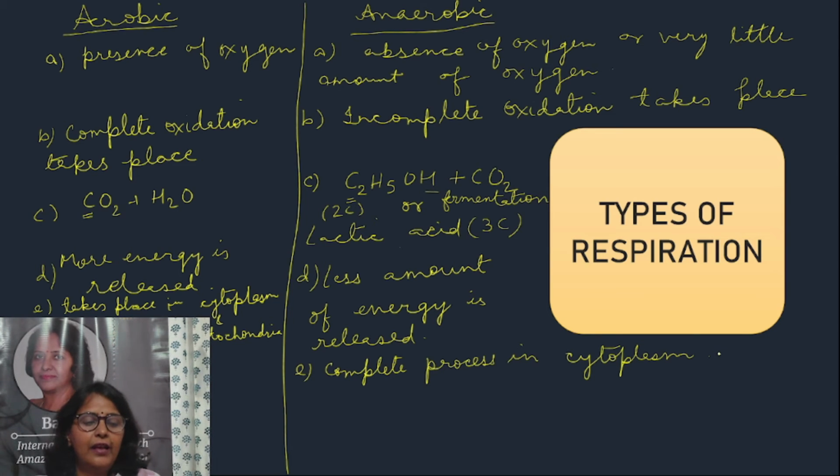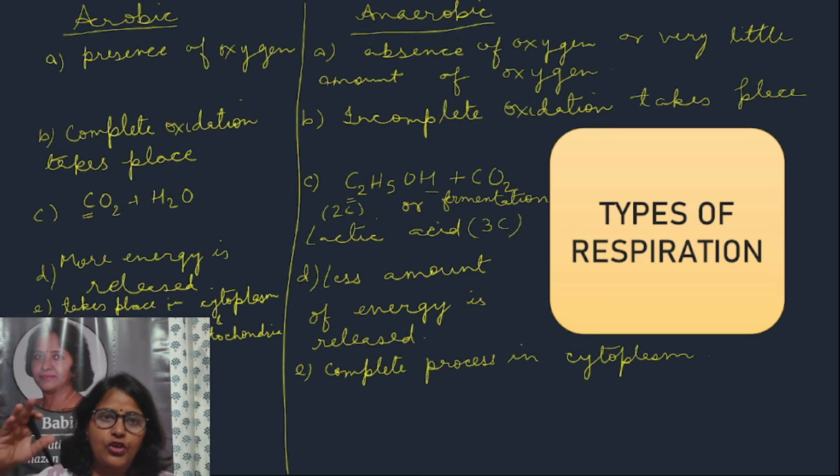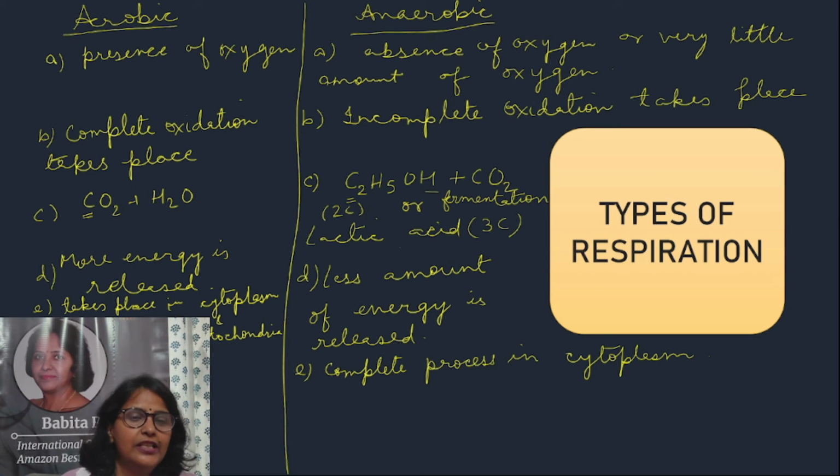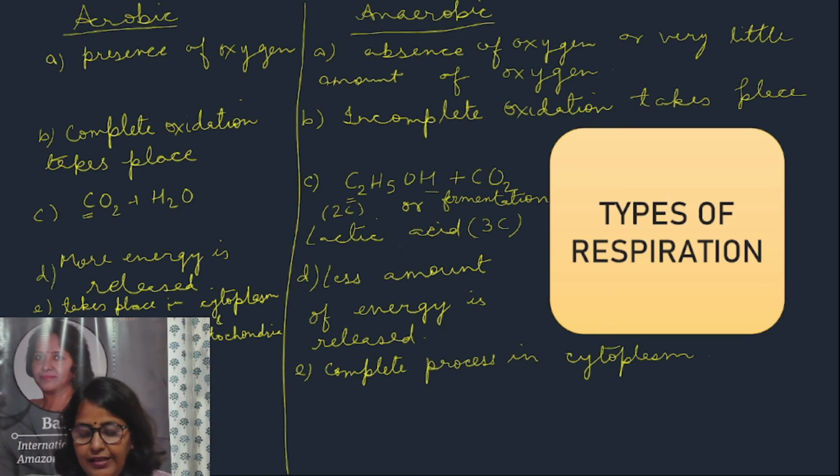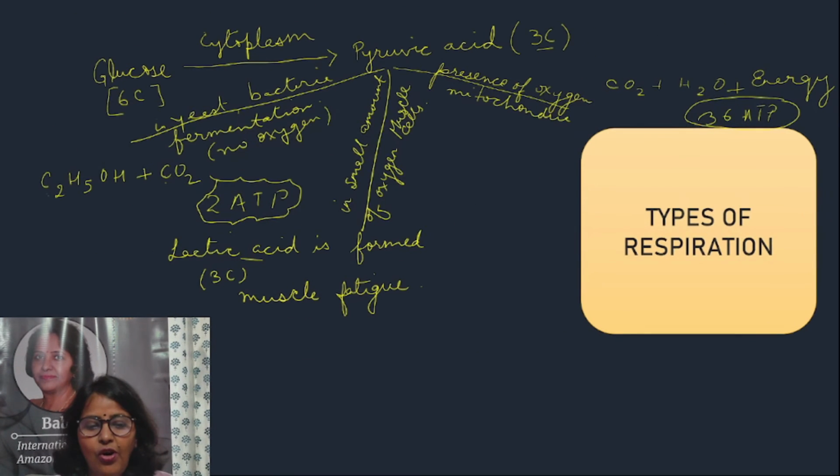So what is the fifth point of difference? In aerobic respiration, some part of the respiration takes place in cytoplasm, and after that from cytoplasm pyruvic acid is taken to the mitochondria and then further conversion takes place in the mitochondria. But in case of anaerobic respiration, the complete process takes place in the cytoplasm itself. So this is all for today. You have to remember this